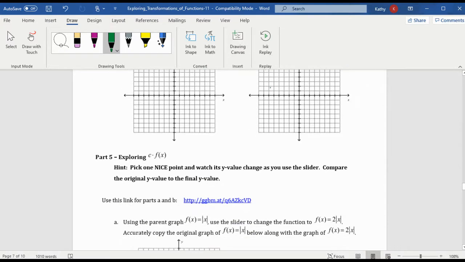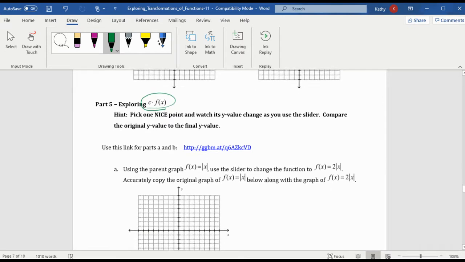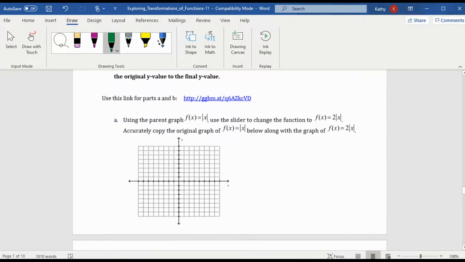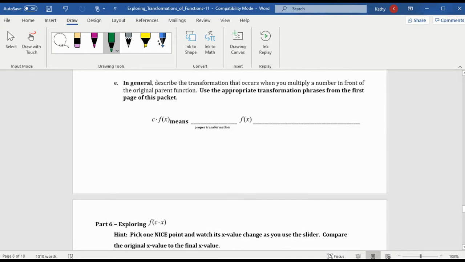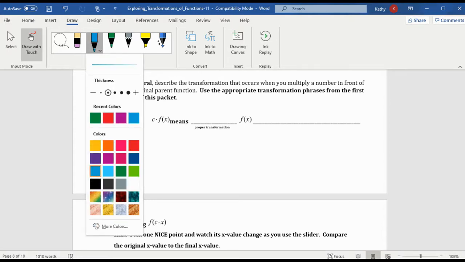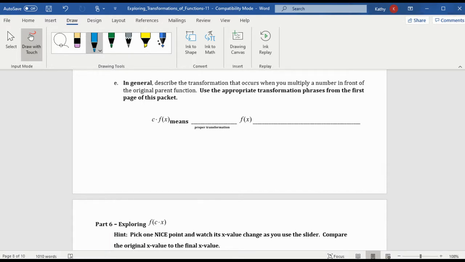Okay, part 5. We are looking at multiplying to our function. What happens when we multiply? We put a 2 in front, or a 3, or a 1/2. What happened when we actually put that in front? So this general rule is part E. A transformation that occurs when you multiply a number in front of the original function means that we've either stretched it or shrunk it. So this is a vertical stretch or shrink of f of x by a factor